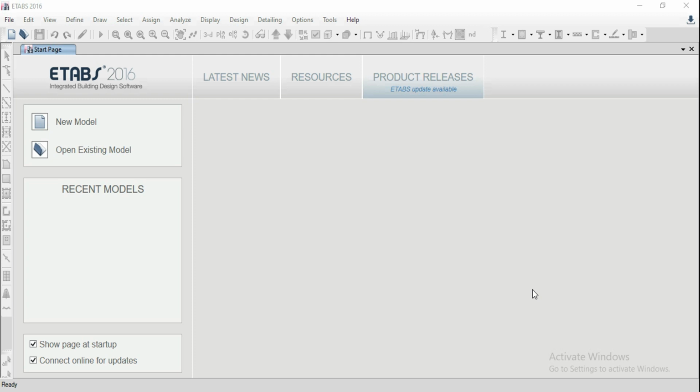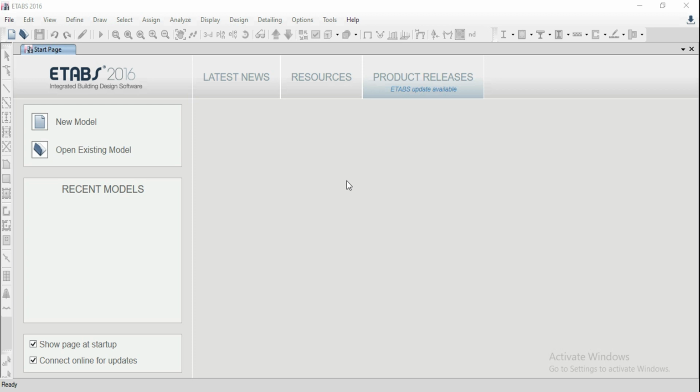In this tutorial we are going to learn about the ETABS 2016 version. ETABS is used to analyze and design the structures of RCC or steel structures, and the full form of ETABS is Extended Three-Dimensional Analysis of Building Systems. It is software from the company Computers and Structures. In this class, I'm just going to show the introduction: how to create the material, how to assign the properties and how to draw them on the screen.